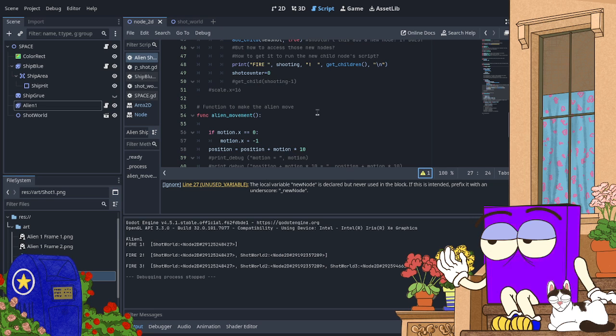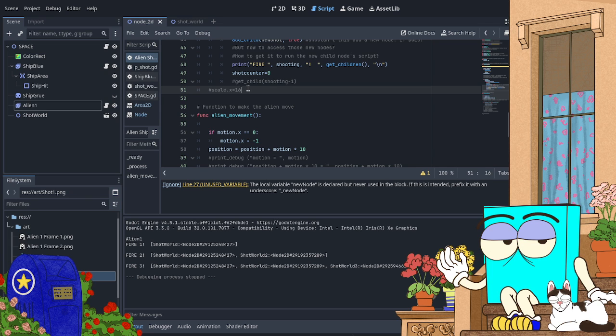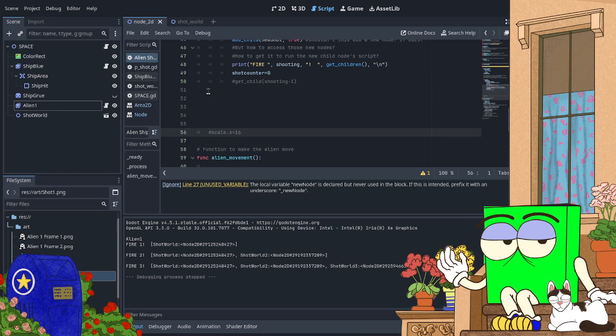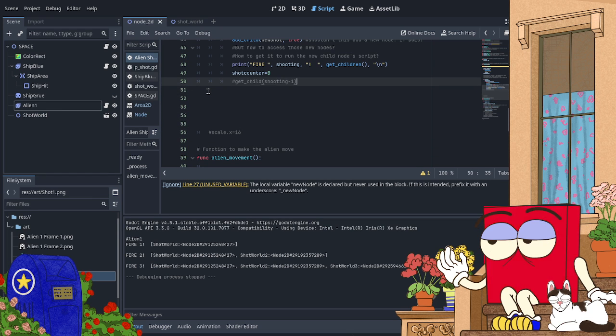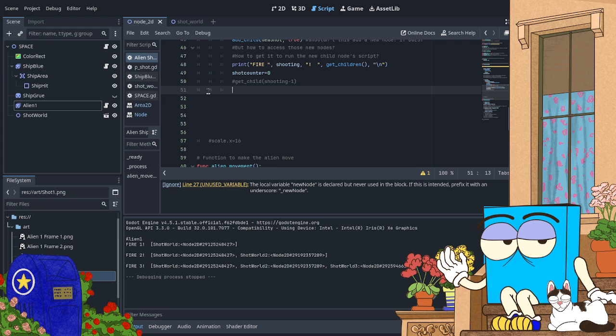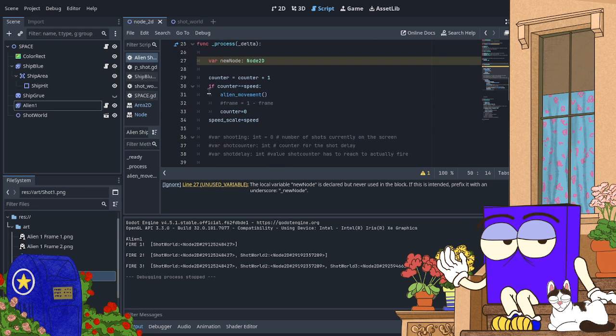Yes, because I just created it. What's this doing here? Scale.x equals 16. Why is that there? I move it down here. That gives me a nice big one. So let's see here. What did I just call that node?